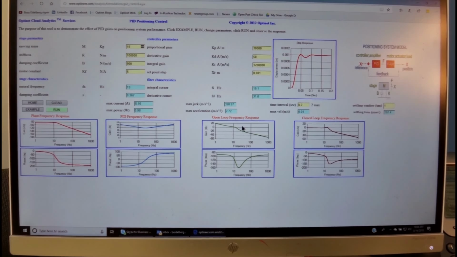We'll take a look at it later. The open loop frequency response simply disconnects the feedback, and it tells us what the output is doing when we input a signal over here into the controller, through the plant, out to the motor. This is this response, both in gain and in phase.